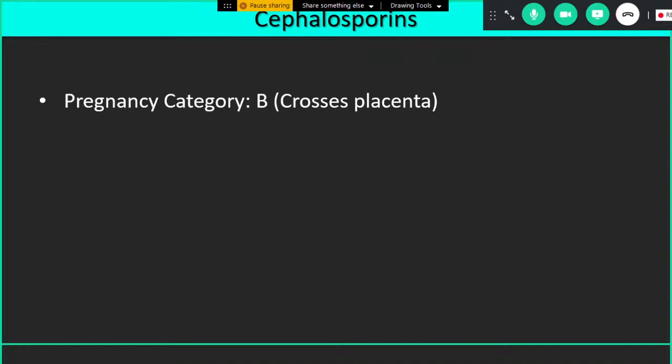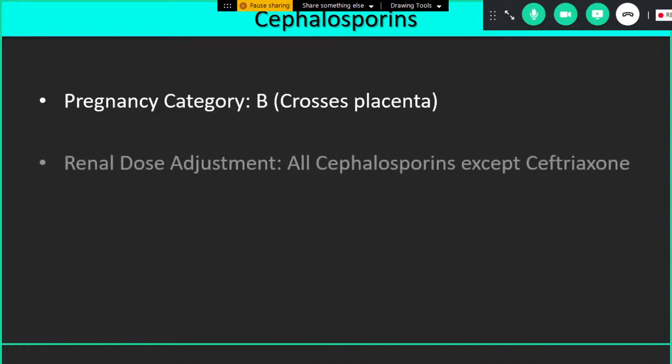Now, as I told you, like penicillins, they are pretty safe. They are not category A, because they cross the placenta. But in any case, they are very safe in pregnancy as compared to other antimicrobials. We need dose adjustment